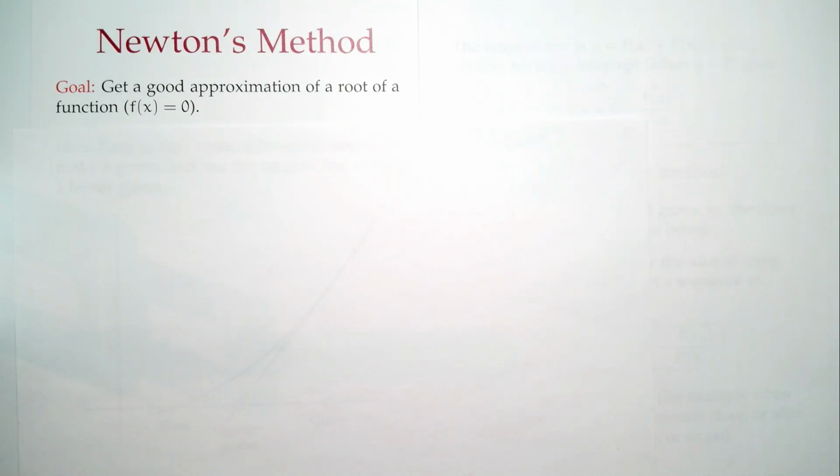And our goal is we have some function and we're after a root. So a root is when we have a function where f of x equals 0. And we're like, I want to know when does this function equal 0. Or at least I want to know a really good approximation to it. And so what's the idea? Well, the idea says,